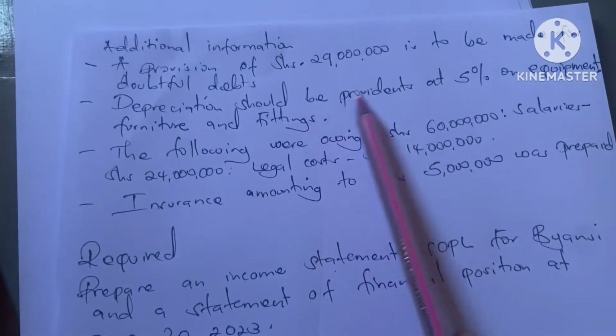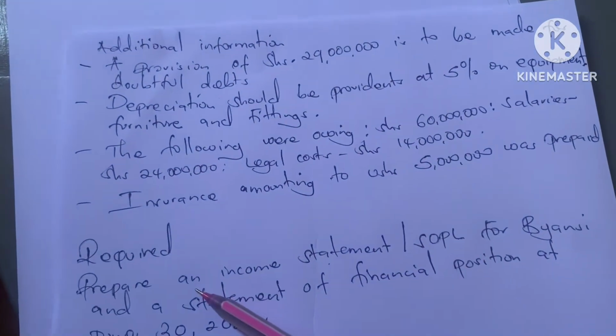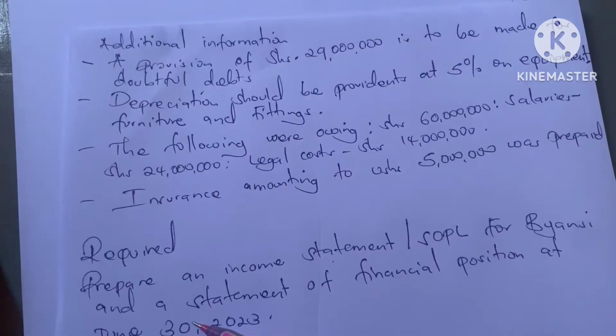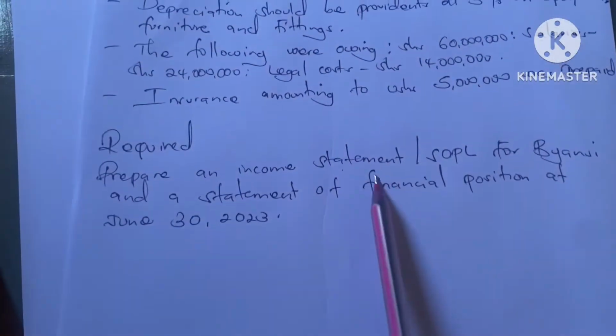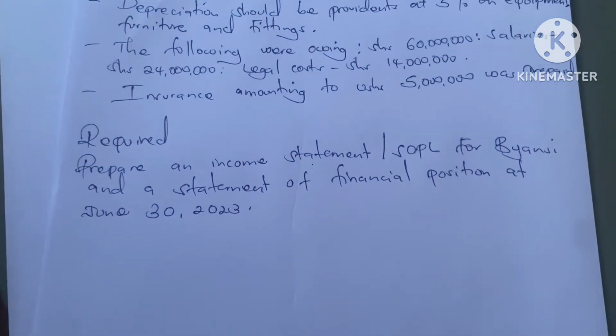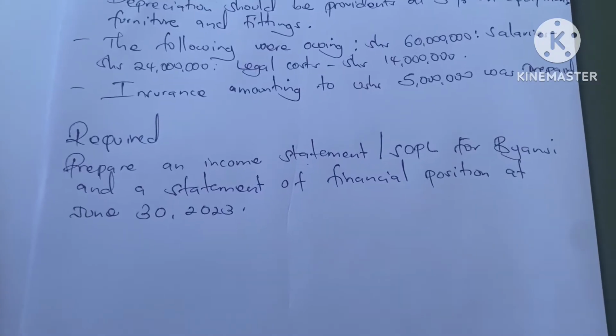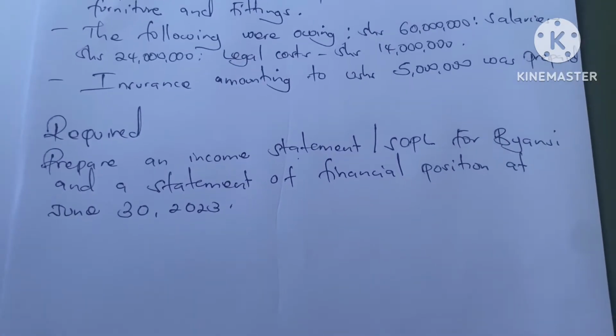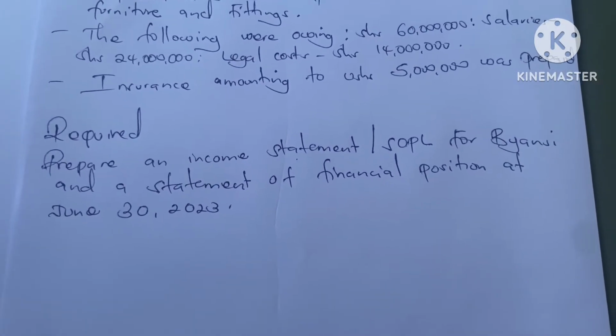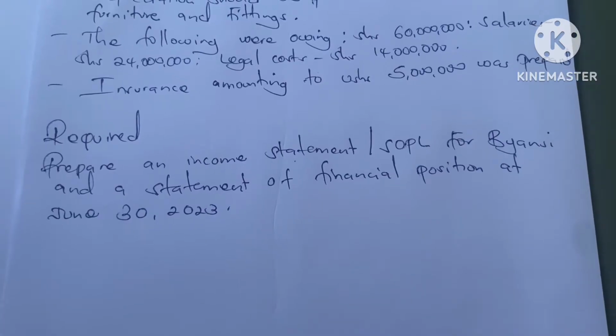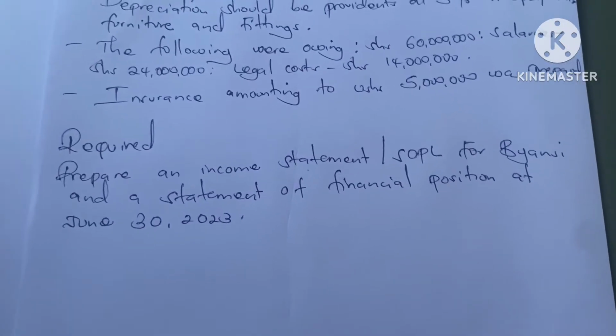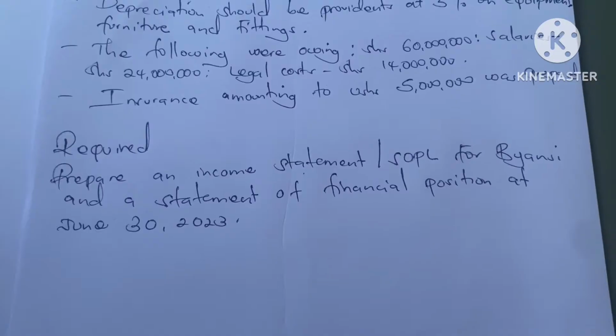Then we have the additional information, that is it. Then we are required to prepare the statement of profit or loss for B&C, and then a statement of financial position as at June 30th, 2023. So we are going to start with